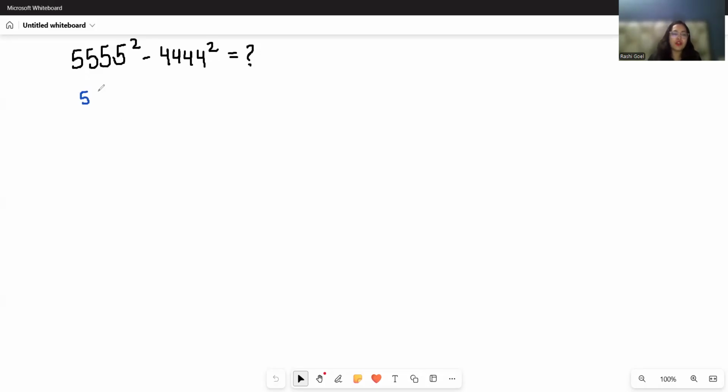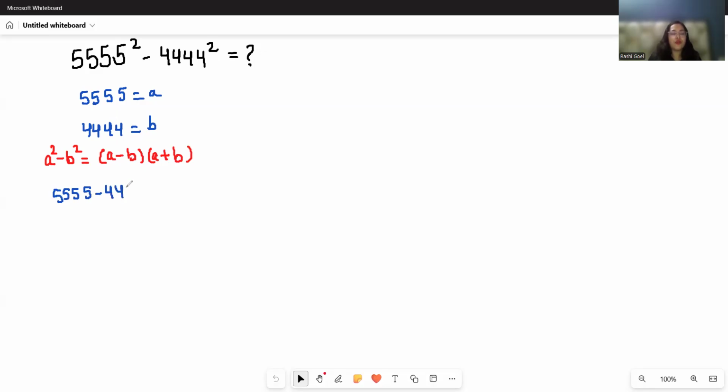So I'm considering 5555 as A and 4444 as B. Now I'm going to use the identity that is a square minus b square equals a minus b times a plus b. So let's apply. So 5555 minus 4444, bracket,